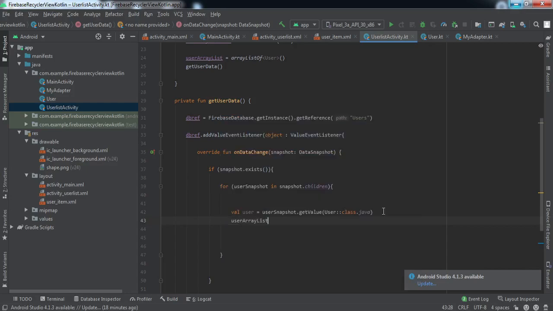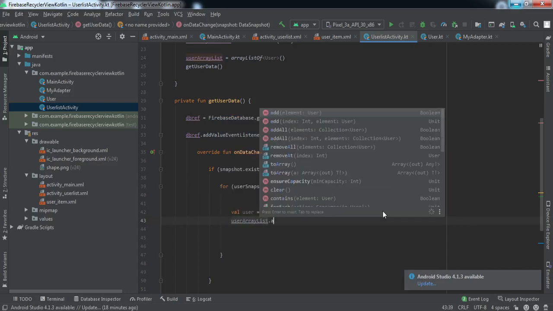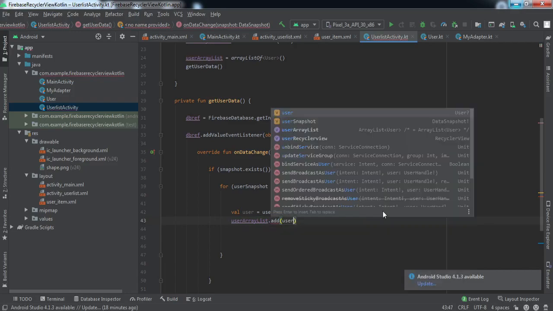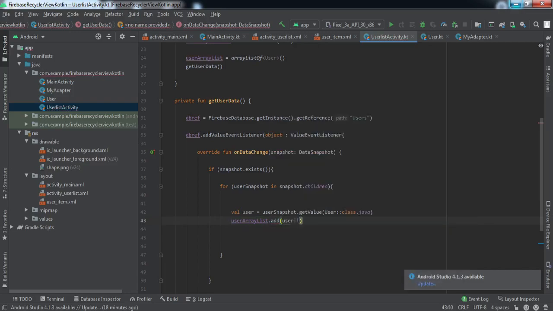So user array list dot add, we're gonna add the user. So we have put these two exclamation signs. So this ensures that the user object is not null, right? In case the user object is null, it will throw a null exception. So that's why we do this.